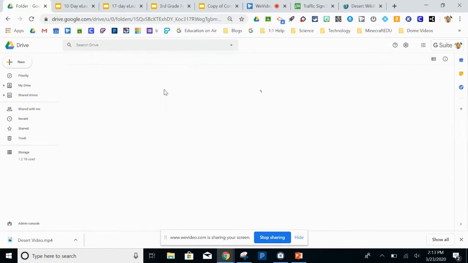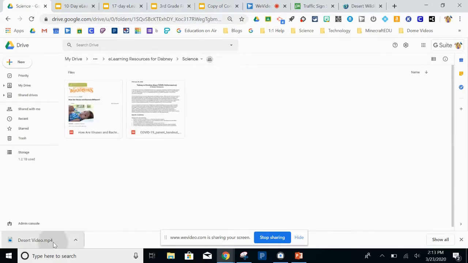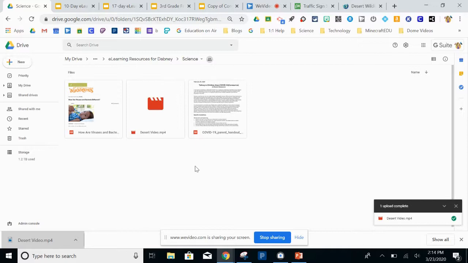I can save all of my PDFs and I can upload any videos, whether they're videos that I downloaded or videos that I created. Maybe I use Screencastify or WeVideo and I recorded a video like I'm recording for you guys now. It is taking Google a little bit longer to upload and process those videos because so many people are using video and sending it out remotely. So now that I have all of my resources here,